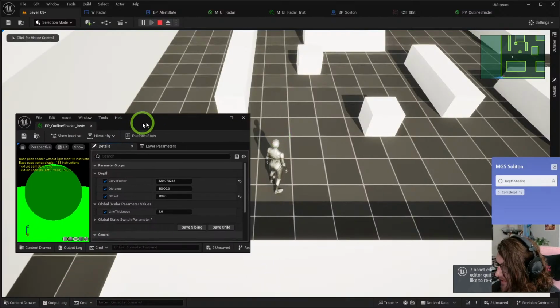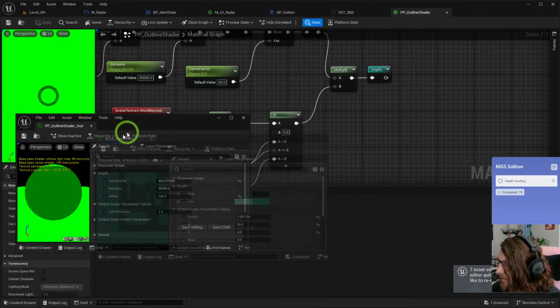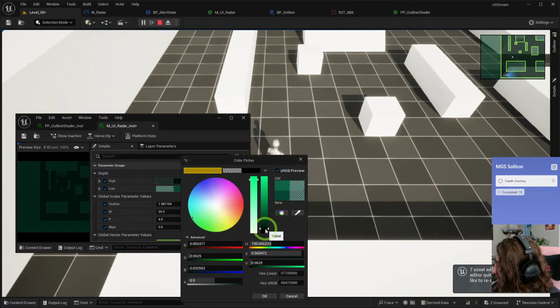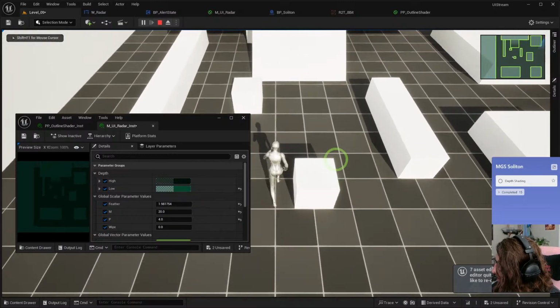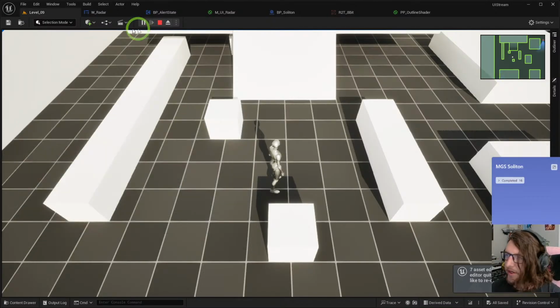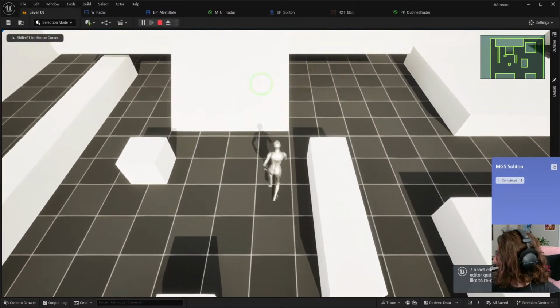Not a massive fan of the colors that I've got going. Just darken them down. Yeah, cool. So we got the depth shading in anyway. So that was everything that I wanted to do on the stream. It went a little bit over, but I'm okay with that sometimes. That's our